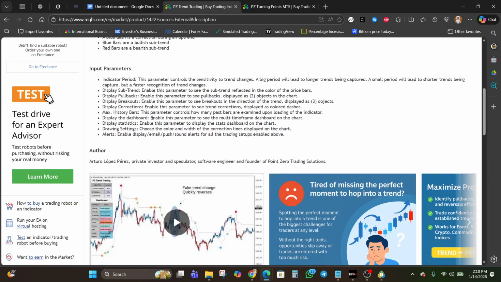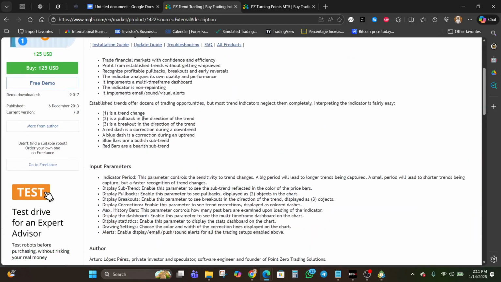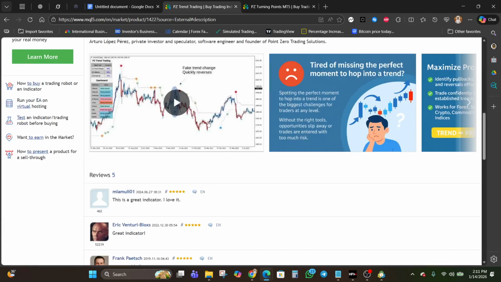Now you can see these are some of the parameters: the indicator period, if you want your subtrend to be displayed, pullbacks, breakouts, corrections, the history bars, dashboard, statistics and settings, all of that. So this indicator offers trading opportunities. It shows you trend change, pullbacks, breakout directions and all of that. Let's just head over to